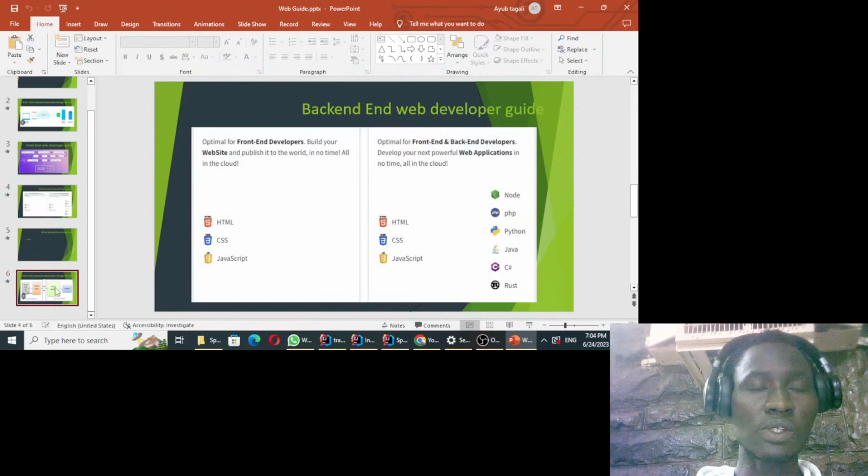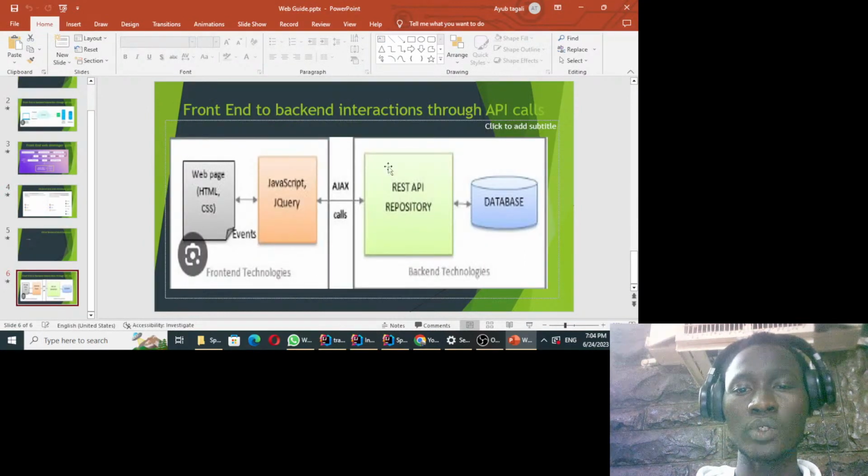For me, I use Java to develop this, and this is what we're going to use on this channel. So this is your REST API application, which is the web server. It has all the application logic and should be able to communicate with the database in order to add data, get data, or even update the data or the content in the database.